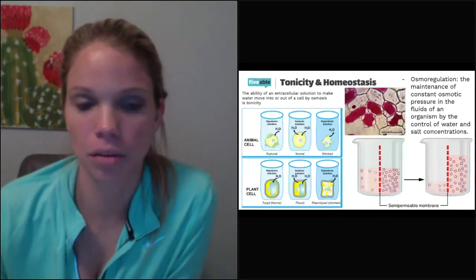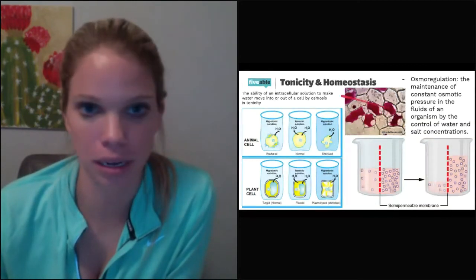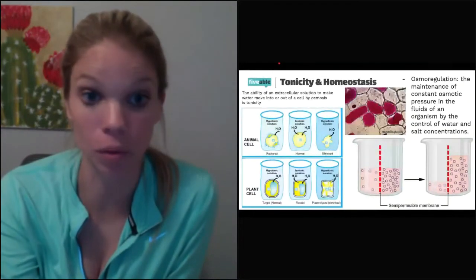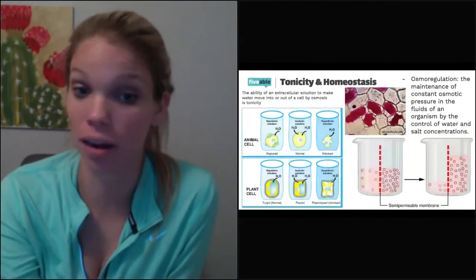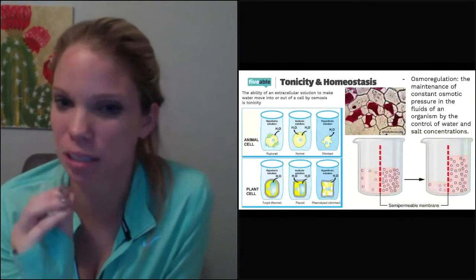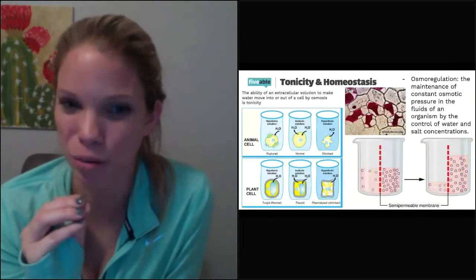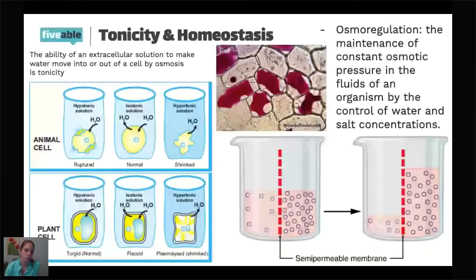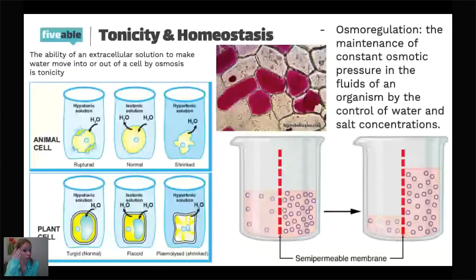So I'm not going to go super in depth in this because there is a whole hour-long spiel on it. But I'm going to touch on it because it does play into this. If you remember, water is very specific in where it moves, and that has to do with its hydrogen bonds and adhesion, cohesion, all those things, being the universal solvent.